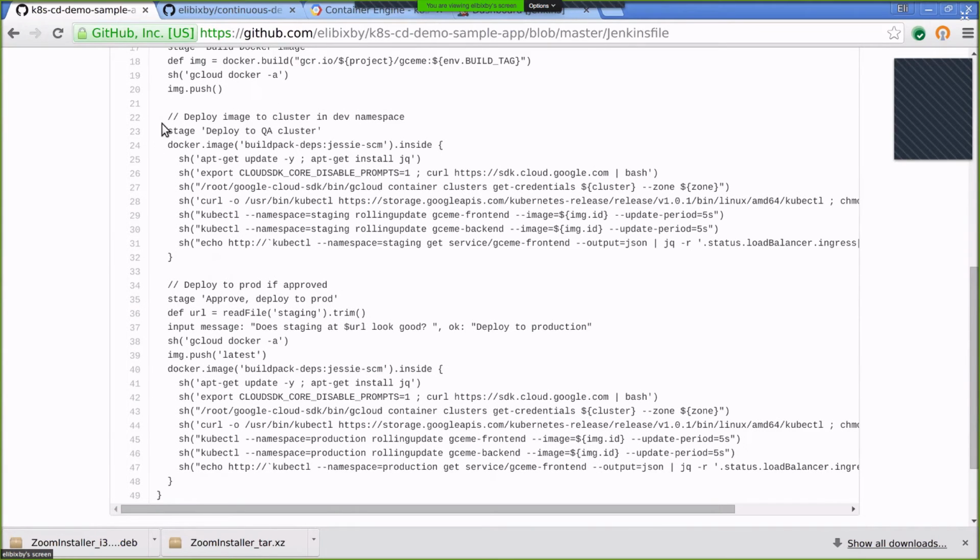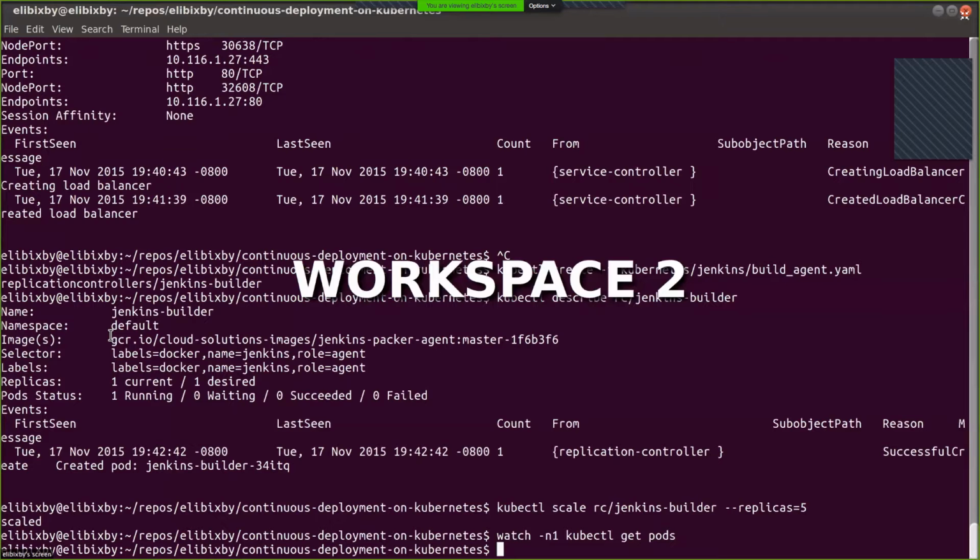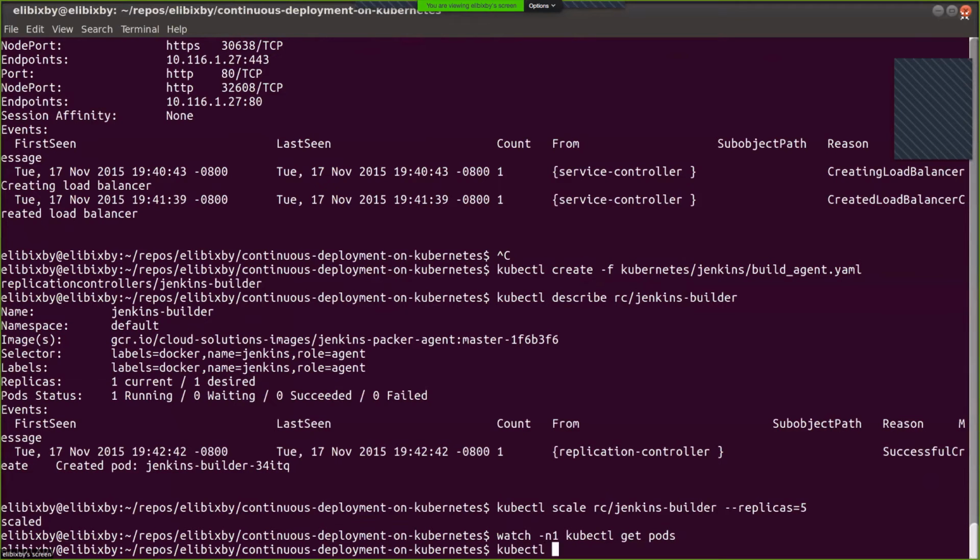And once we're satisfied that the tests have run and we've built the image, we can actually deploy this to a QA cluster. So how do we make sure that our Jenkins service doesn't interfere with this QA cluster or with the production cluster that we want to run eventually? Well, Kubernetes provides a really nice feature called namespaces, and I'll show you what I've been hiding under the covers this whole time.